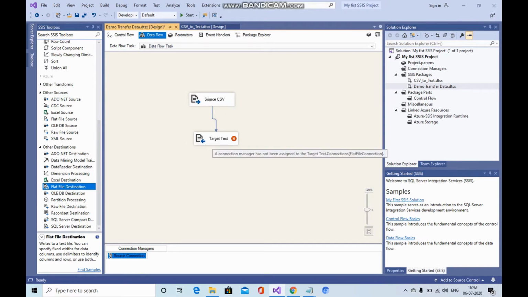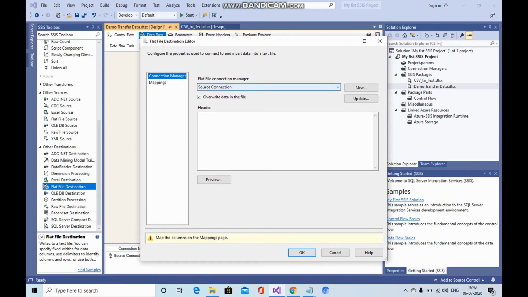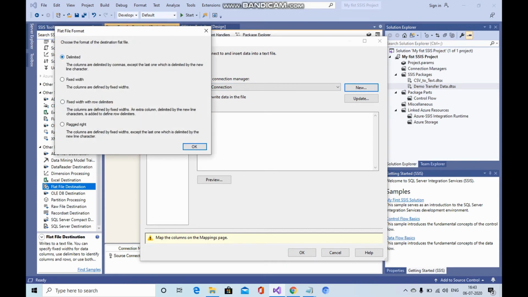Let's go and set up the target text. Just double click, and the flat file connection manager name is pointing to the source connection. As I mentioned earlier, we have to create a separate connection for the destination, that is for the target, as well. So click new again, and since the source file is a comma separated file, let's choose the delimited format.